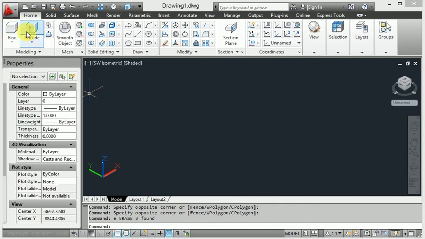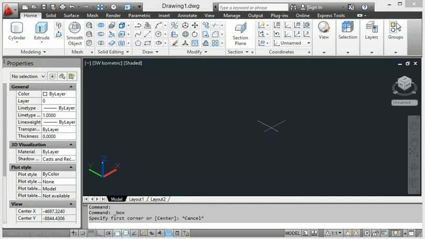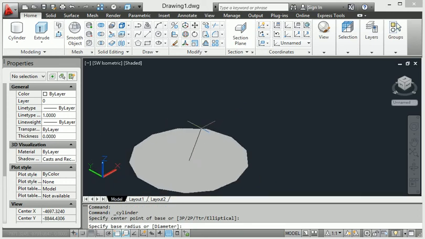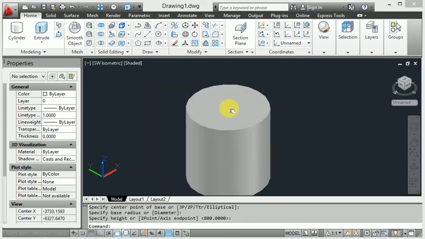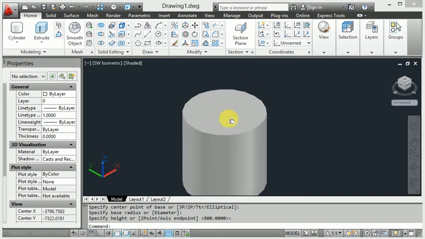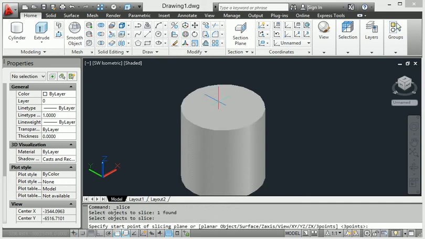First I will create the cylinder here. This one is a cylinder, and I will create the cylinder right now, then extrude some distance. Now I will apply the slice command. Enter the slice command and select the body, and again enter.